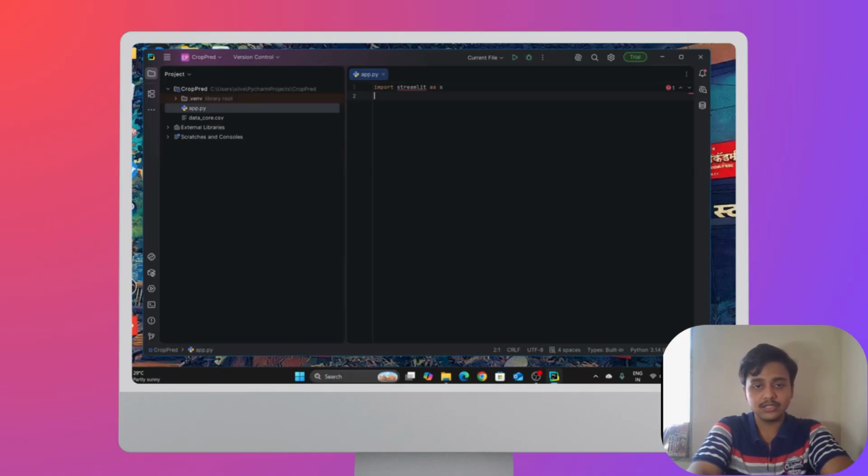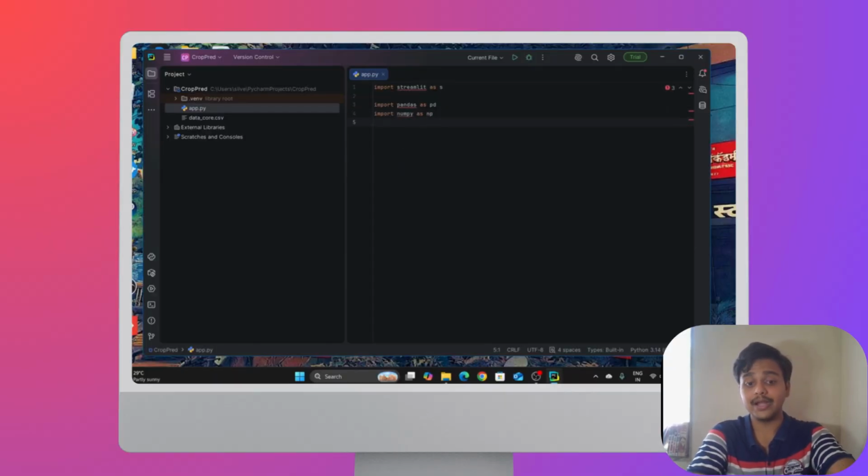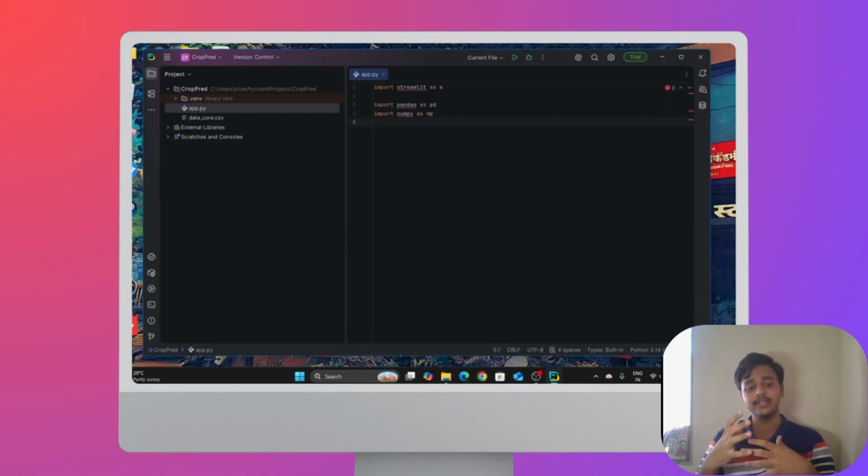Now the next two libraries are import pandas as pd and import numpy as np. Pandas is the library that handles all the data formats and everything related to the CSV file that we had stored, and numpy acts as the handler for the numbers.